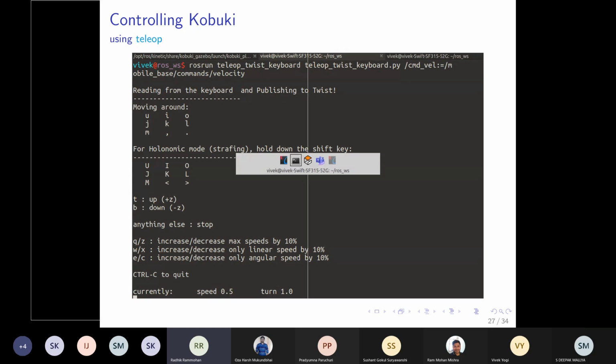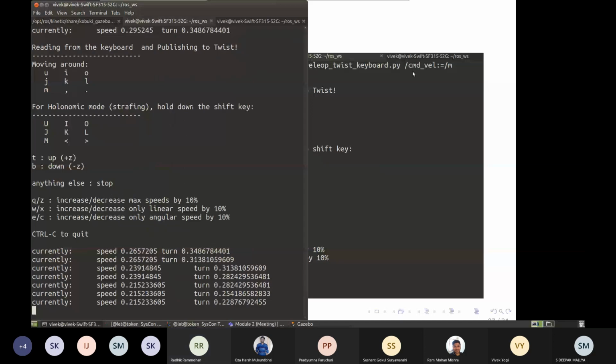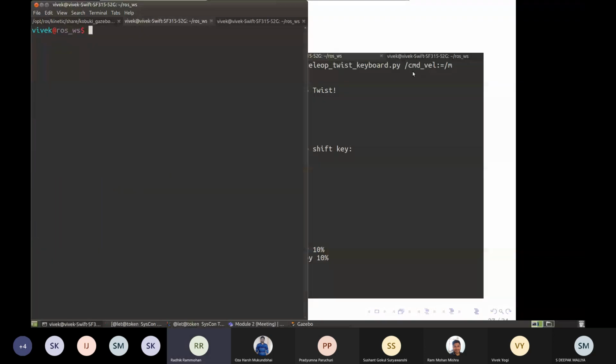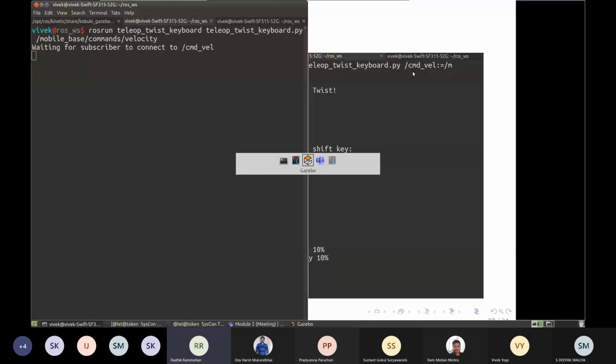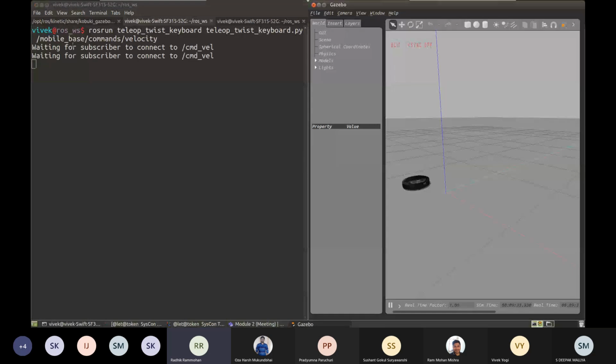So I'm going to stop, go back, and okay, let's do this. Mobile base commands velocity. Let's see. See, now it is saying something. It is waiting for a subscriber to connect. Do you see what is going on here?